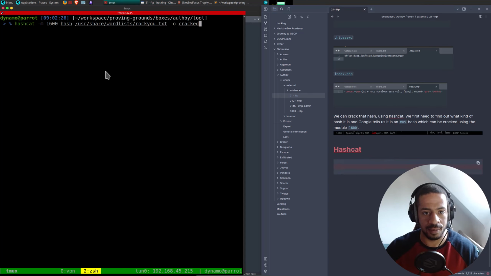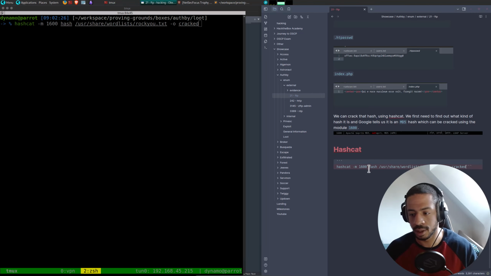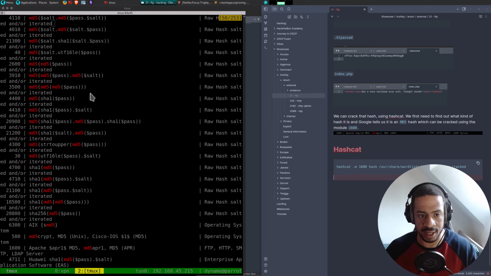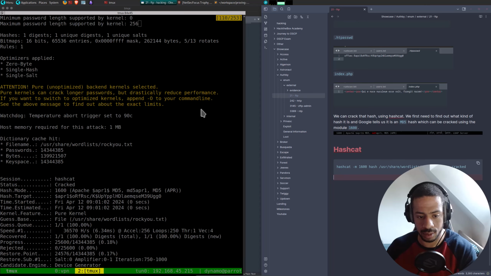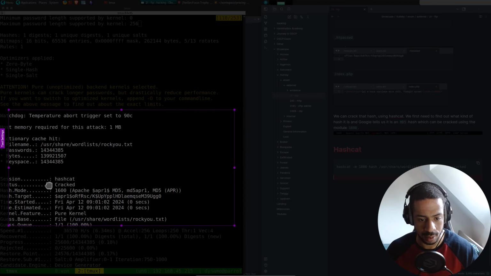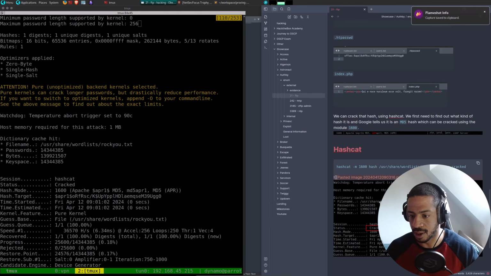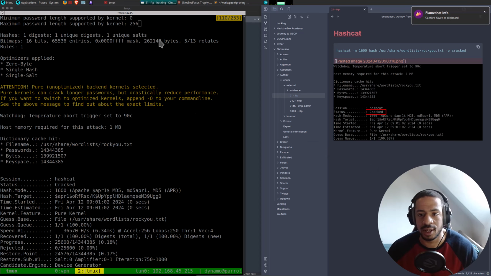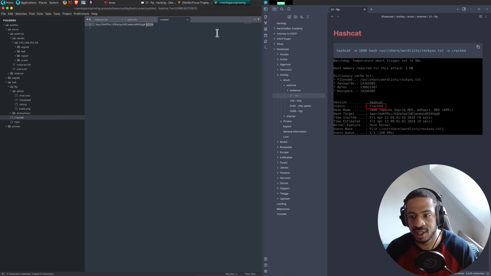The command we used is the following. And the results we got were like this and like that. And so, what is that cracked hash? Here, the password is elite.